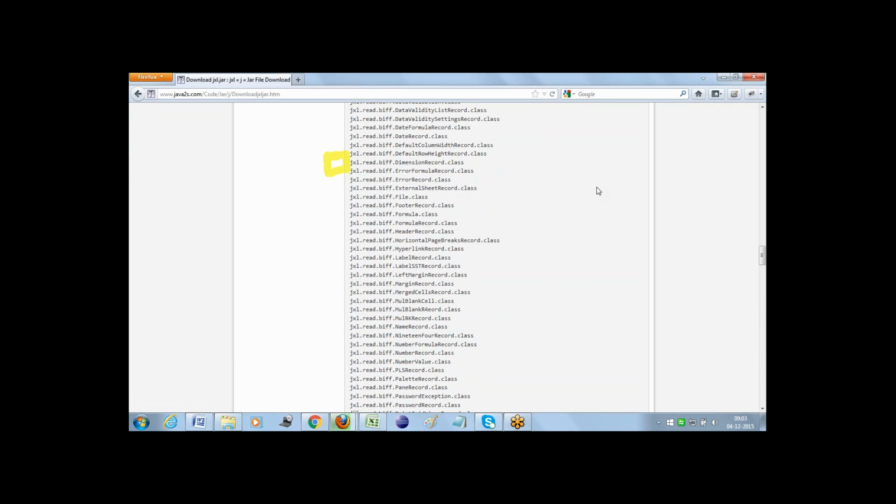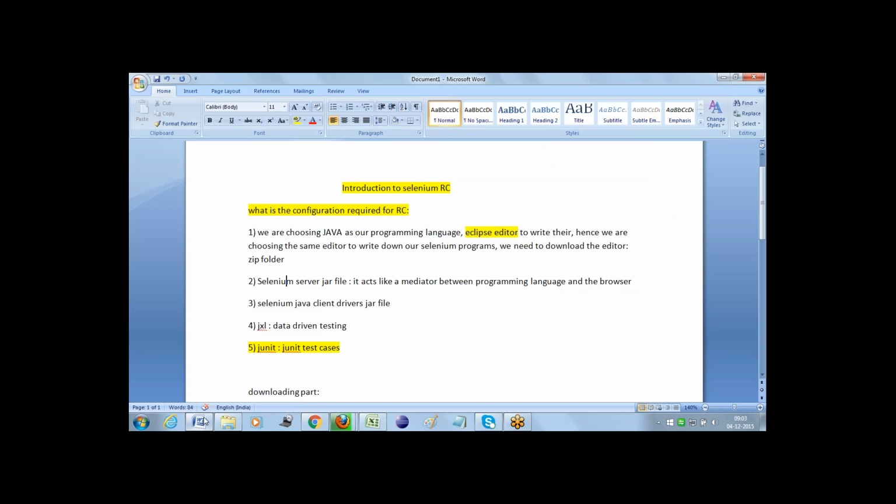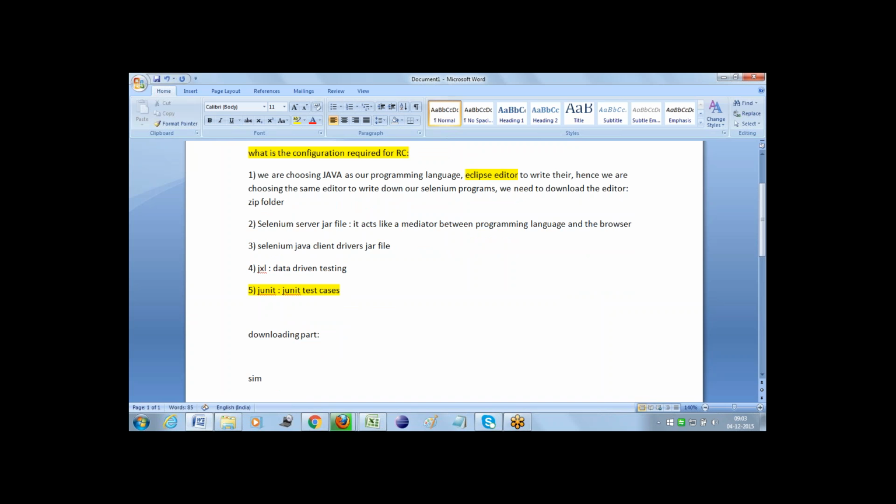The next step is, from the jar files we have downloaded, simply save only the jar files, not the Eclipse editor, in a new folder, and name that folder library.